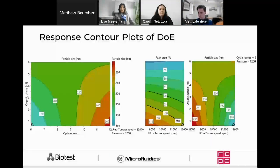We then generated response contour plots of our DOE, as can be seen on the left side. We first studied the interaction between the cycle number and the amount of organic phase on our particle size. We used here a fixed setup of Ultra-Turrax speed of 12,000 RPM and a pressure of 1,200 bar and studied the size. We saw that the low cycle number in combination with a low amount of organic solvent leads to